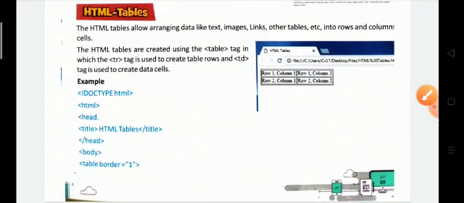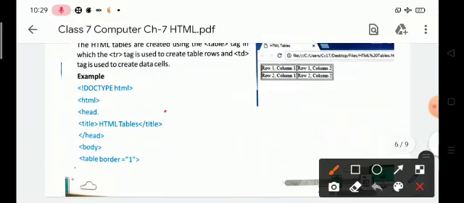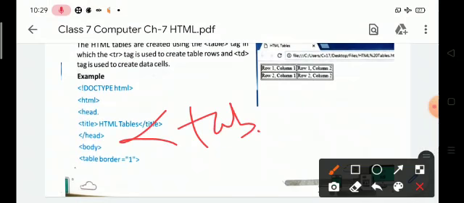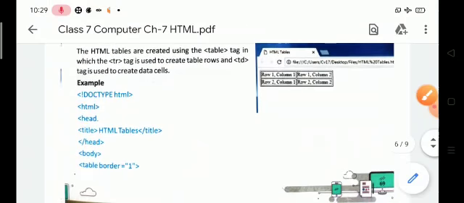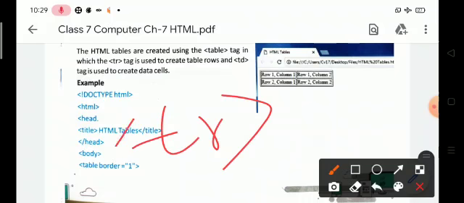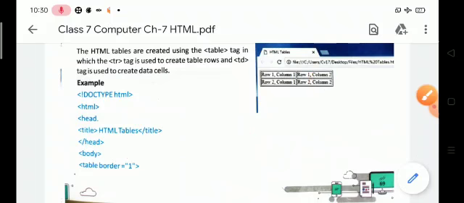HTML tables are created using the table tag. The tr tag is used to create a table row, and td is used to create data cells, meaning columns. So I hope you understand what tables are.